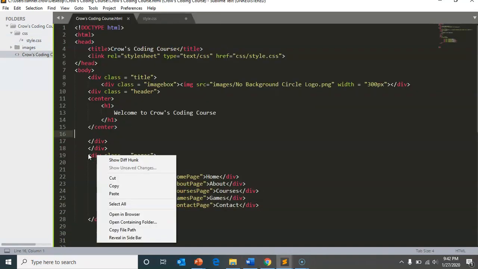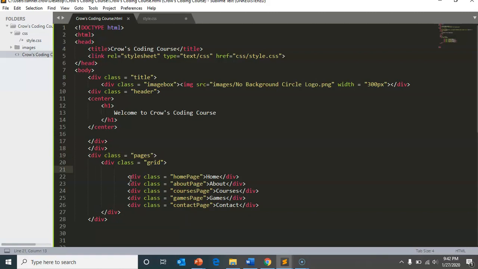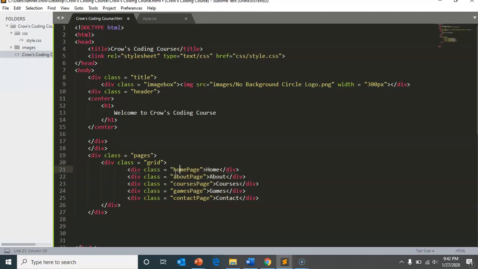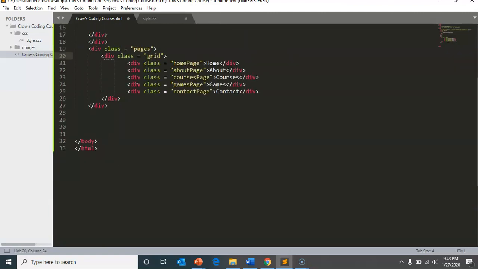In the HTML, I have moved pages outside of the other homepage about, because we have to specify where on the grid homepage, about, courses, games, contact is. And so grid needs to be the next level. If we want to continue using this grid, we're going to have to make another grid div. So we're about to do that for our content. Class equals grid, and then div class equals content,